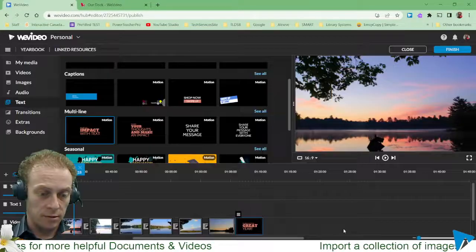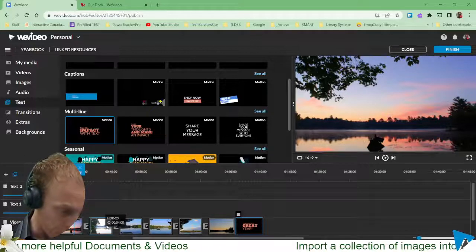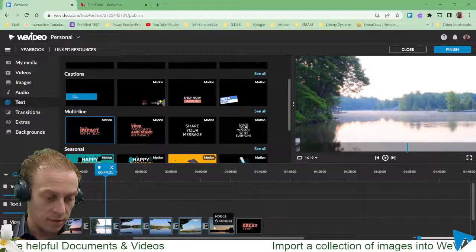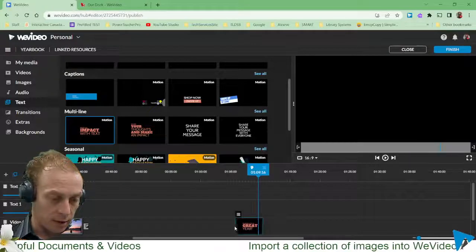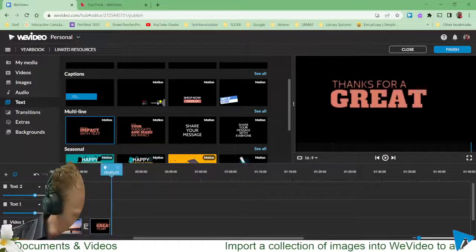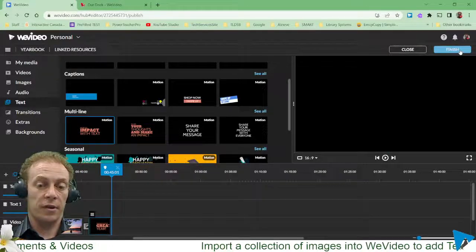So I can go cancel and just see where my 45 seconds was, right around here. So if I want to get rid of some of these images, I'm going to click, hold shift, and go to there, and just delete these. And I'll drag that text to the end. So hopefully we can get that down to 45. It looks like it's perfect. Now if I go finish,